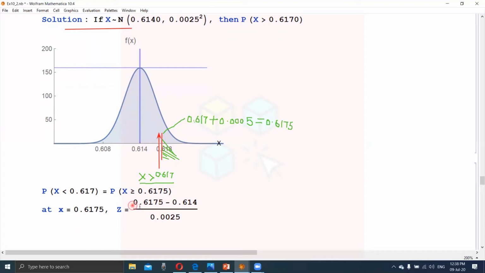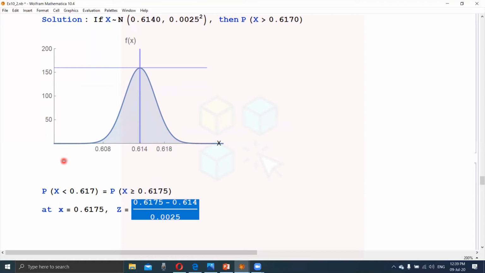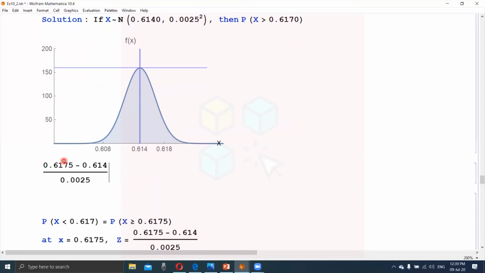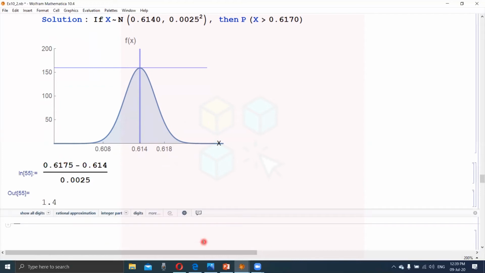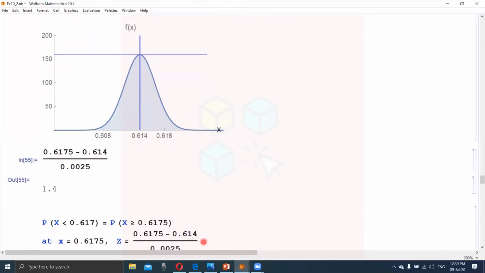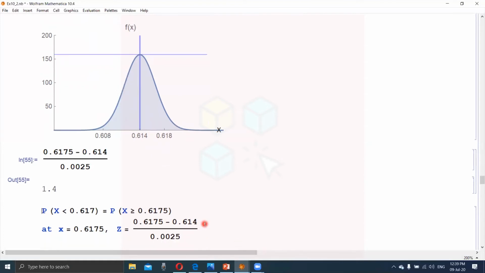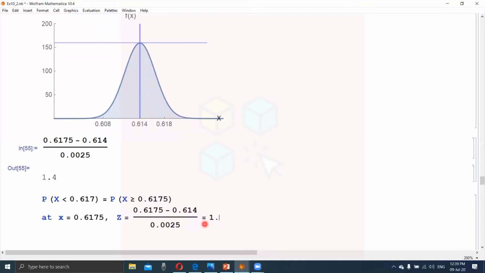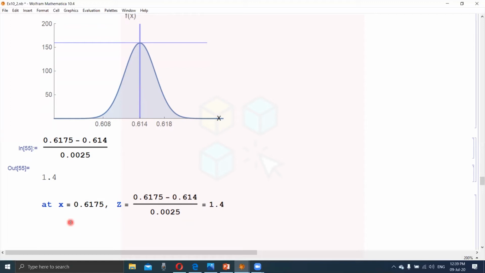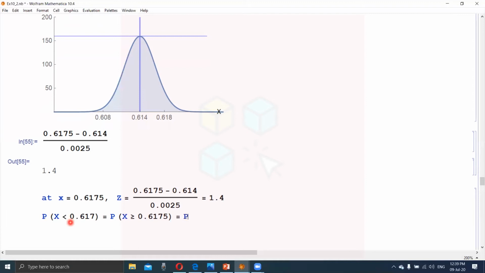Firstly we calculate it, so the numeric value would be 1.4. This 1.4 is the corresponding point on the z line, which corresponds to 0.6175 on the x-axis. So we will find the probability here. We can write it here. So it is equal to the probability z greater than or equal to 1.4,